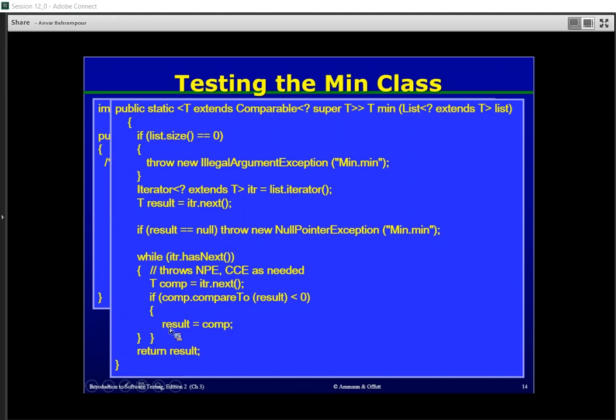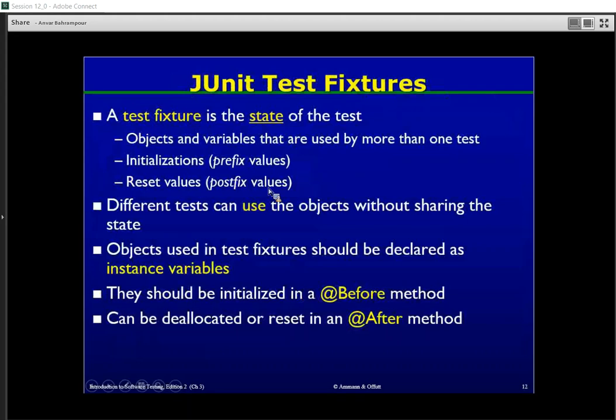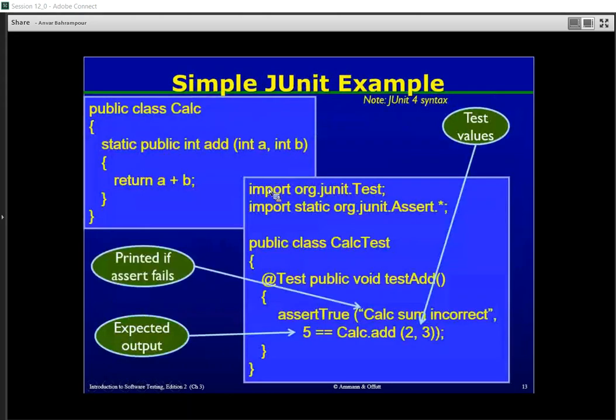This piece of code will be run for all elements of a list while there is another element in our list. This will be continued for all elements of the list, and at the end of this while loop, we have the minimum value in the result variable. So we return the result variable as the minimum element of our list. Okay,